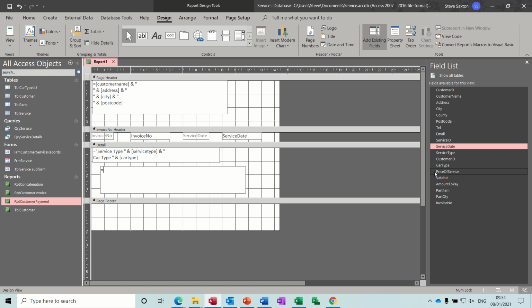We want to know what the price of the service is, and whether it's vatable or not, and then the amount to pay. So I'll put in there quotes, price of service. So this is like the label really, and then quotes, price of service,